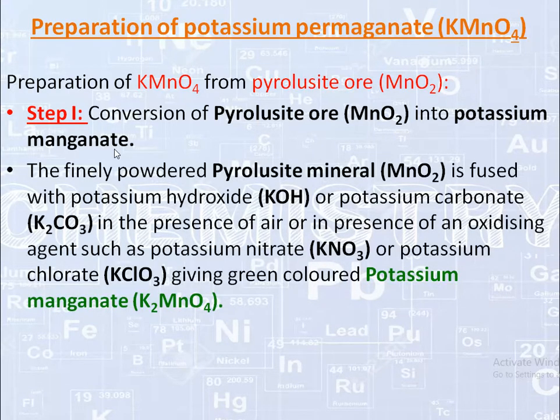So the finely powder of pyrolusite ore, that is MnO2, is fused with potassium hydroxide KOH or potassium carbonate K2CO3 in presence of air or in presence of any oxidizing agent such as potassium nitrate KNO3 or potassium chlorate KClO3,